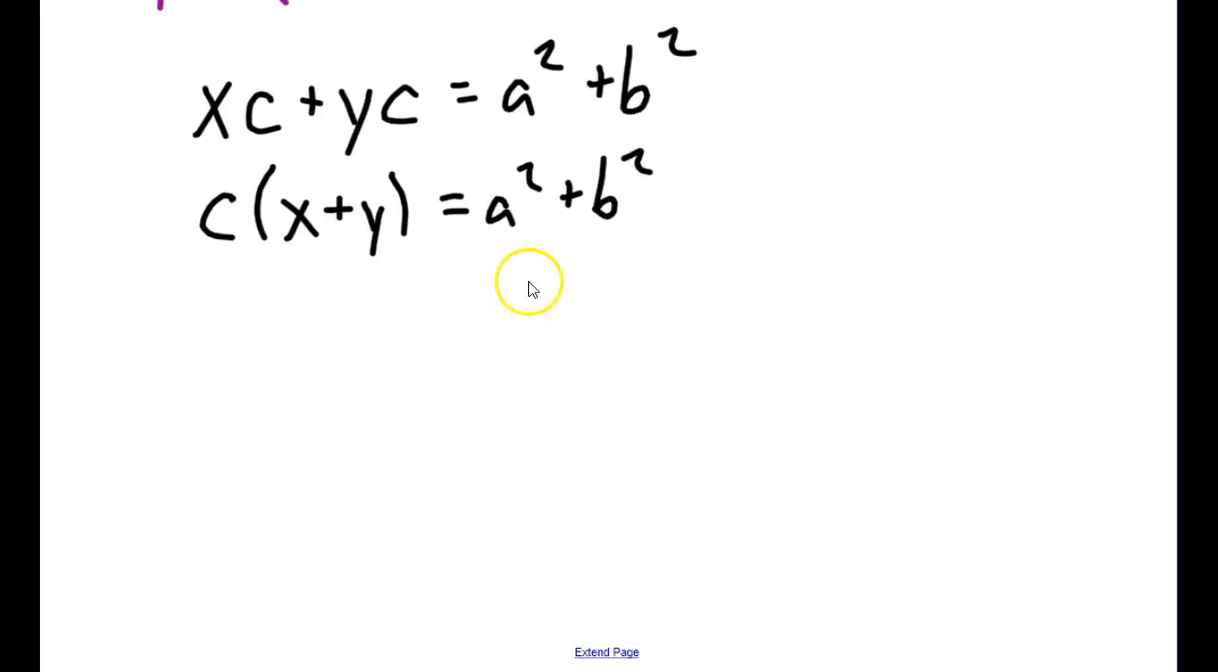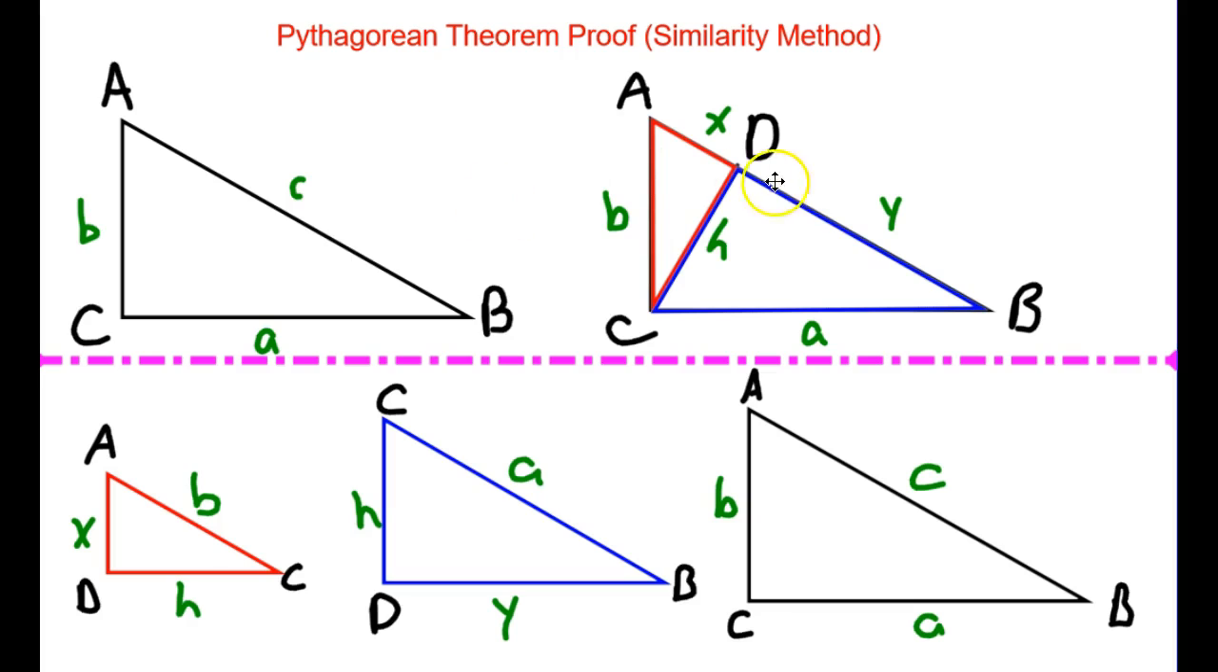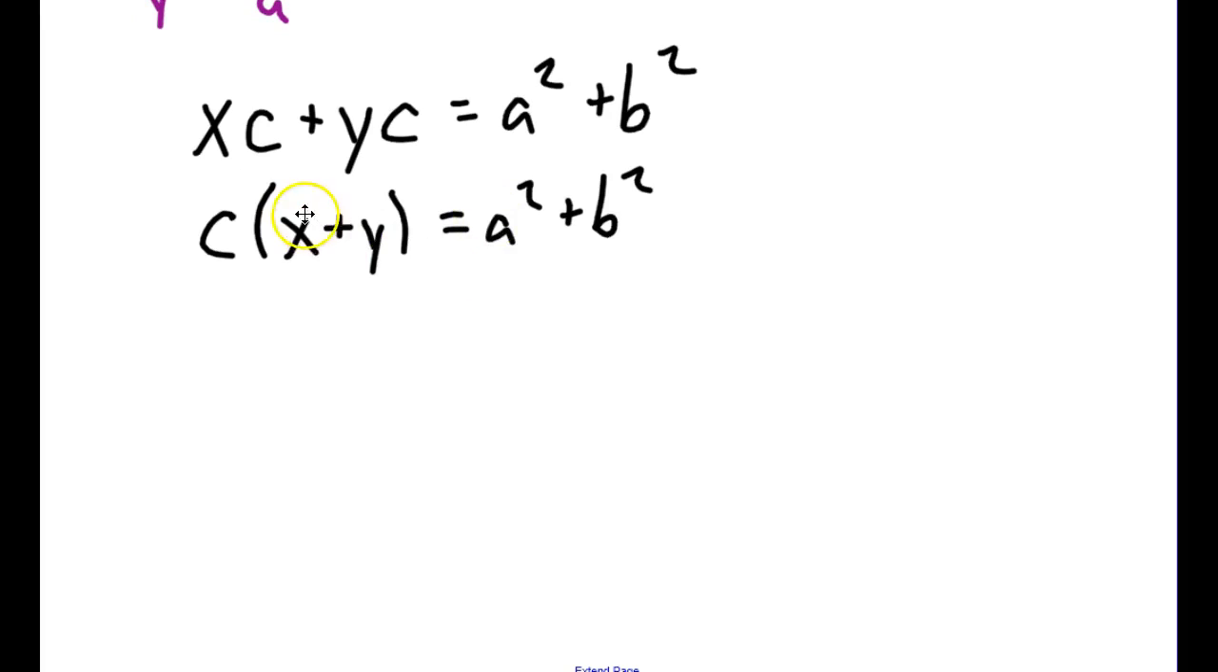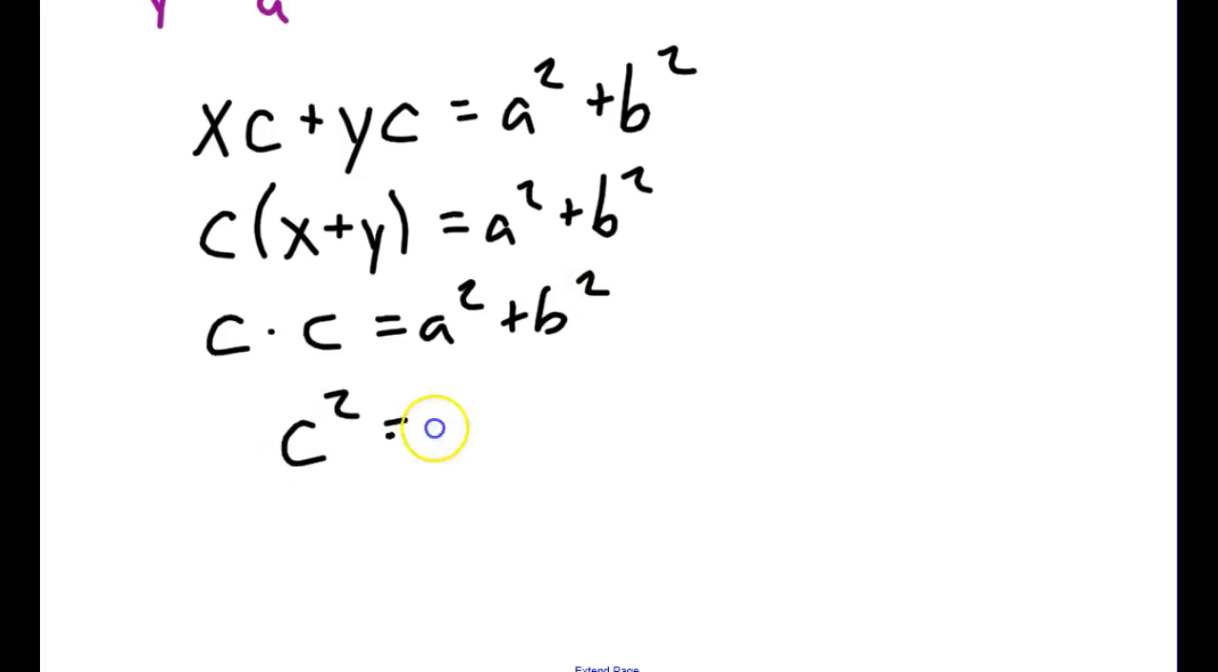Now we can simplify x plus y. If we go back to the top where we started, when I drew in this altitude, I created these two smaller segments, but we know if we take x plus y, that's equal to this whole side length, which is c. So back down below, x plus y is equal to c. So I'm taking c times c, setting that equal to a squared plus b squared, when we know c times c is c squared. So c squared is equal to a squared plus b squared, and you should recognize that